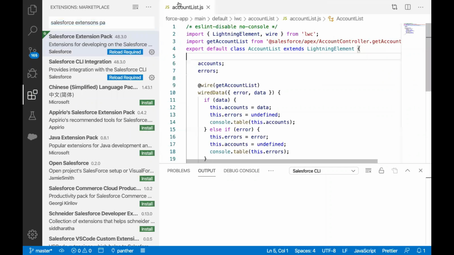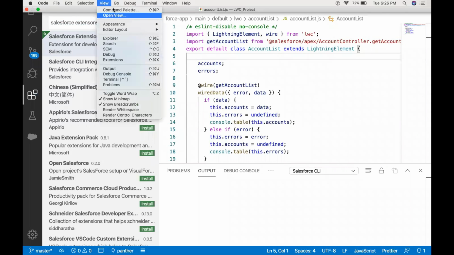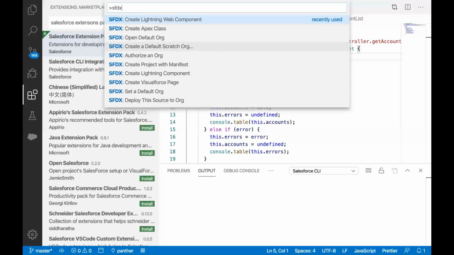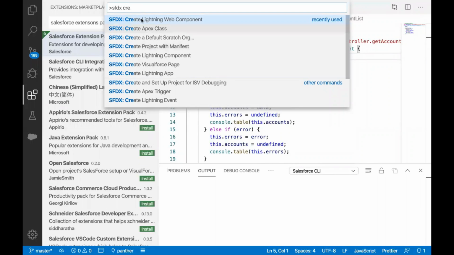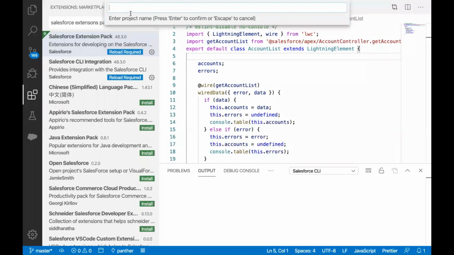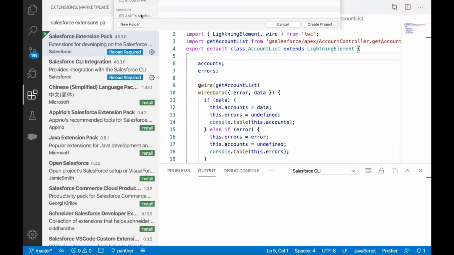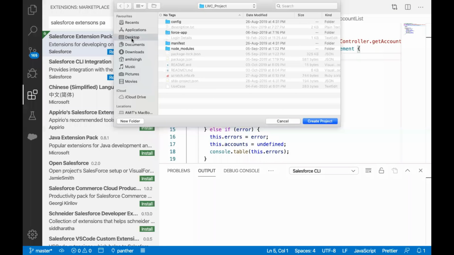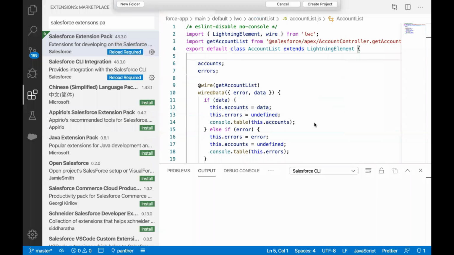So let's quickly create a project here. We will say View, Command Palette, and I'm going to say sfdx create. So whatever starts with sfdx create, you will see all the commands listed there. We can even see create Apex class, create a default scratch org, project with manifest, and all those commands are available here. So we just need to select create project with manifest, select standard, and I will say apex as dev. It will ask me to select where I want to store my project. So I will say on desktop, create project,